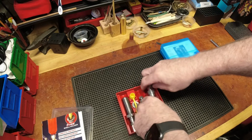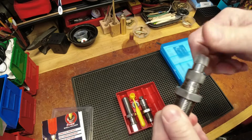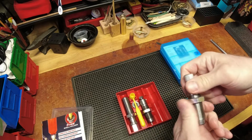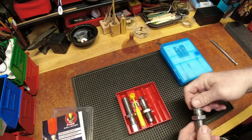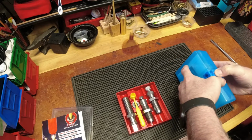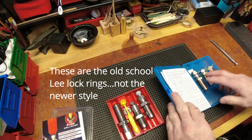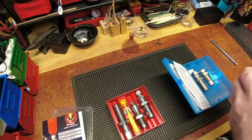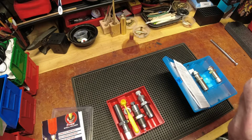And then a seating die. Again, nothing fancy, no micrometer, just a twist adjust, and then the carbide insert. Again, die body is steel, carbide insert, and then the aluminum ring. Again, the aluminum rings are quite similar in terms of shape, and the Dillons are a little thinner. And in terms of the seating,